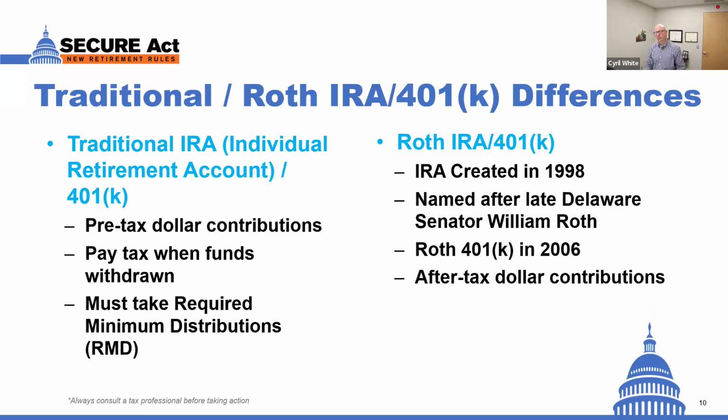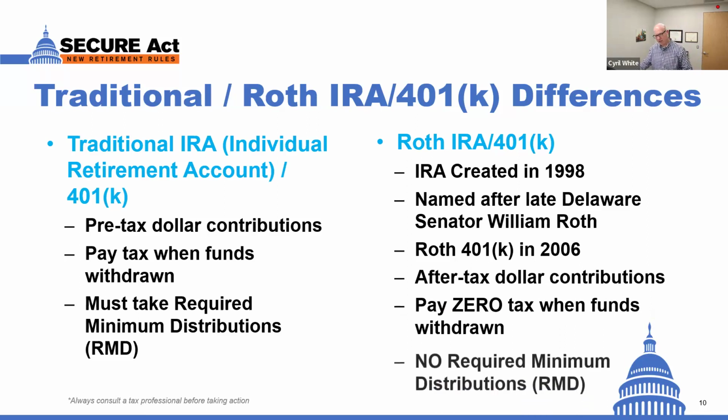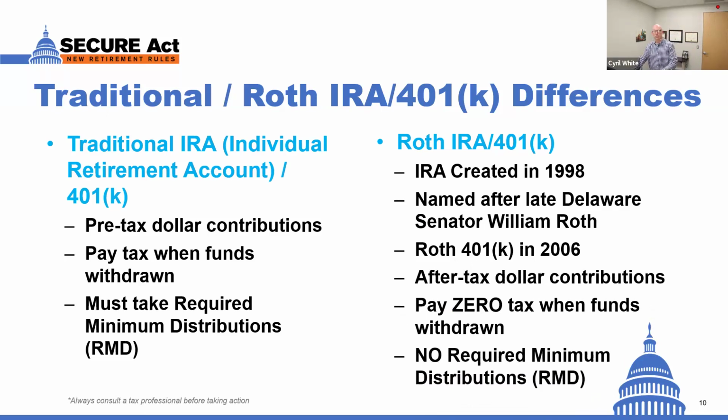And the main difference between traditional and Roth IRAs or 401ks is that for the money you put into a Roth, you don't get a current tax deduction. But when you take the funds out, when you're retired after age 59 and a half, you don't pay any income tax on the funds you take out of your Roth IRA. And there are no required minimum distributions